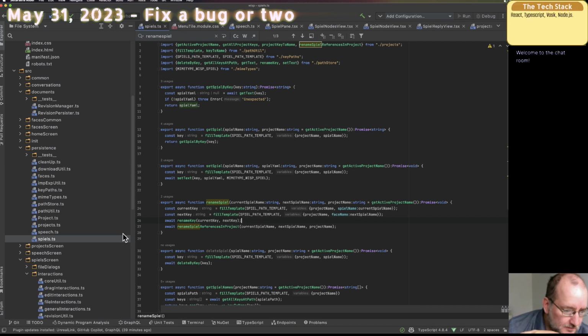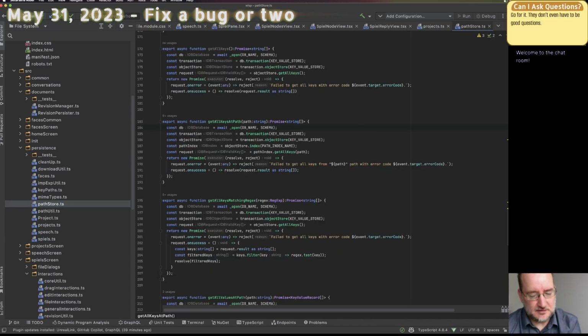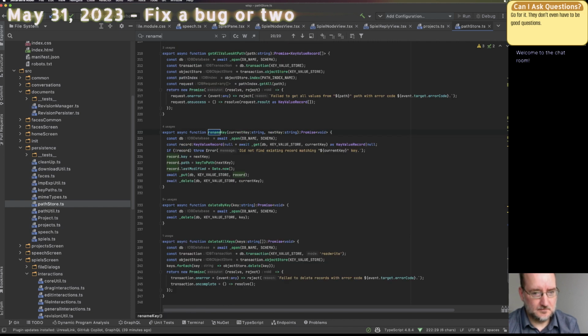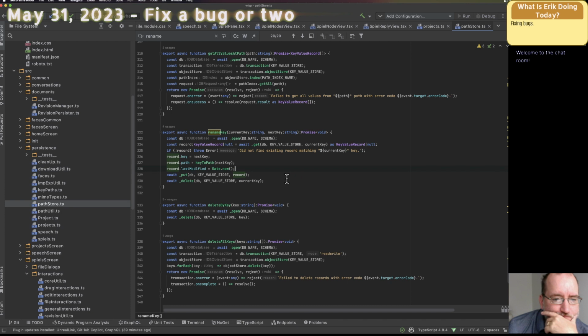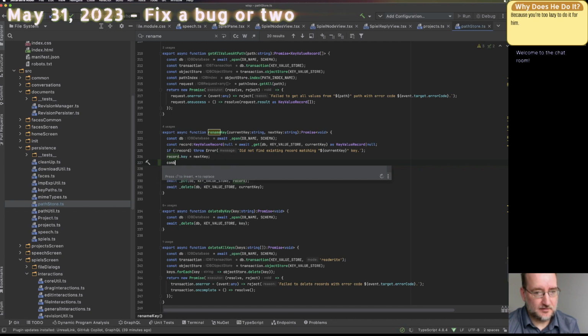Okay, so if I come back to path store, we go to rename key. Okay. So I want current path to be retained.